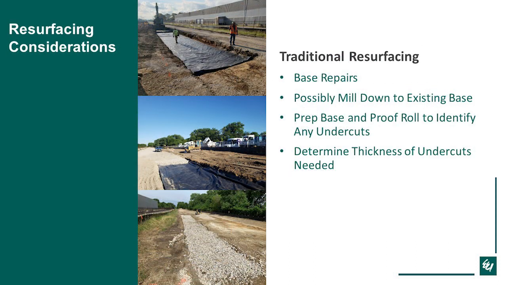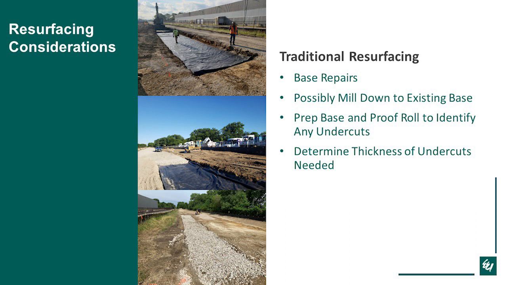Sometimes it is more cost effective to just mill all the way down to the existing stone and proof roll, do any undercuts, and resurface the road. So this would be one where maybe it was an existing road that was built that was only 2 or 3 inches of asphalt on 12 or 13 inches of stone, and you want to get 4 or 5 inches. Well, maybe you mill off the whole section, mill off some of the stone. You would proof roll,